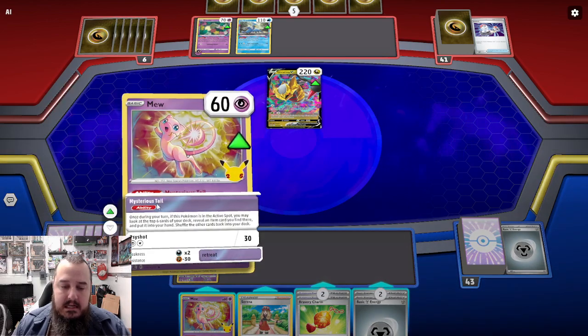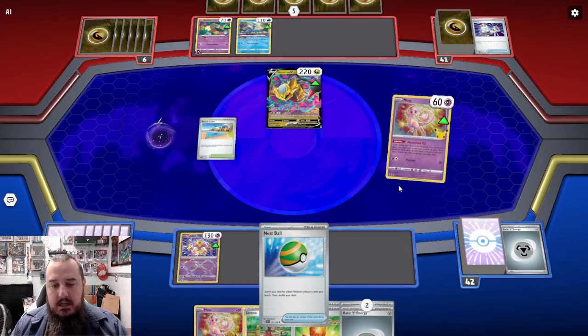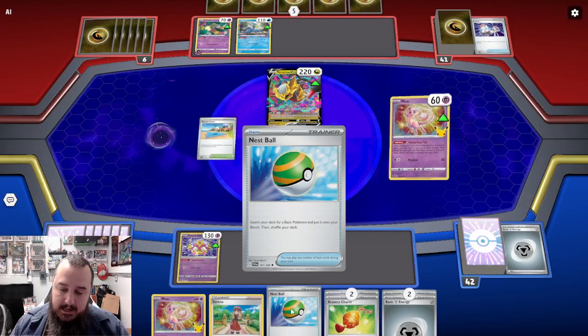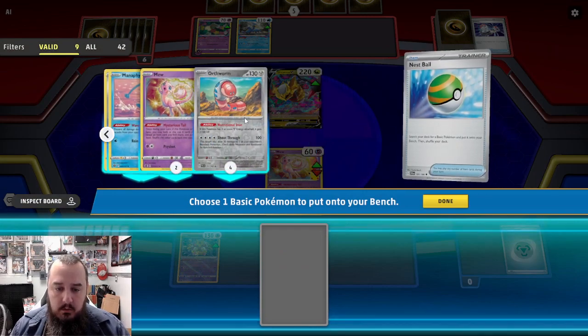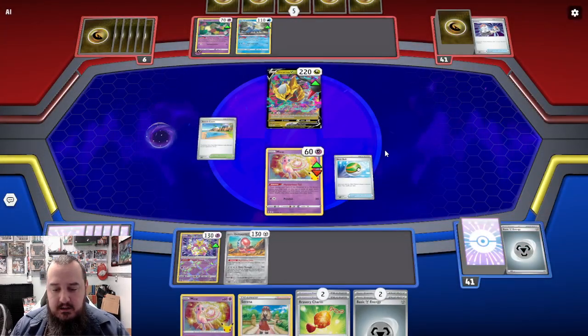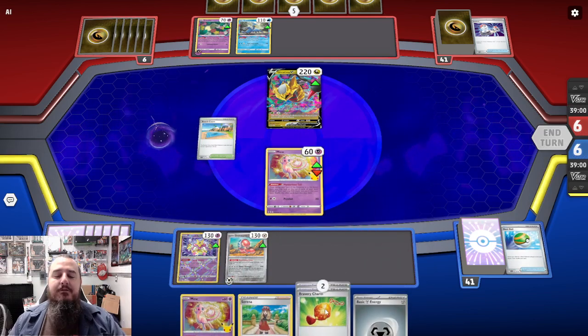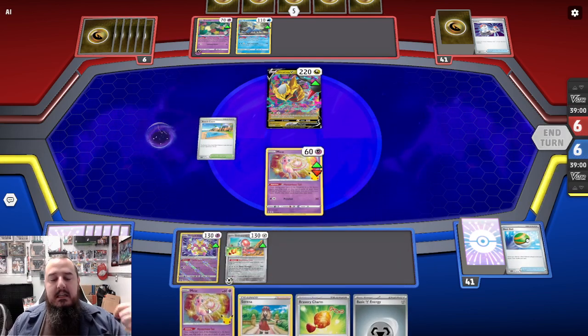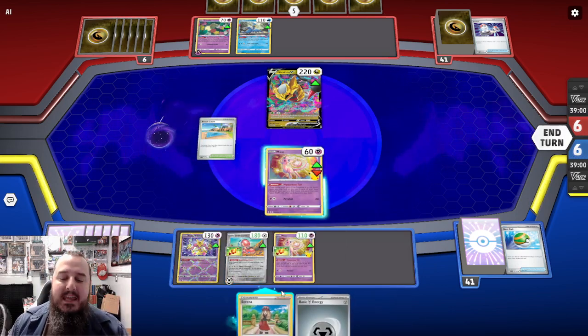We're going to Mysterious Tail first because we really need a Nest Ball, thank you. We really need to get a basic Pokemon out, which is definitely going to be Orthworm. We've got all 4 Orthworms. Feeling good, feeling good. We can attach an energy. We can play a Bravery Charm onto it. We can even play this Mew, and I will go ahead and attach a Bravery Charm to it, and then